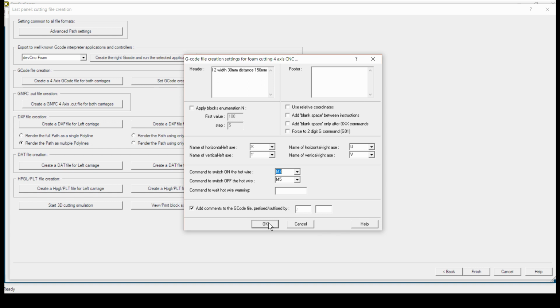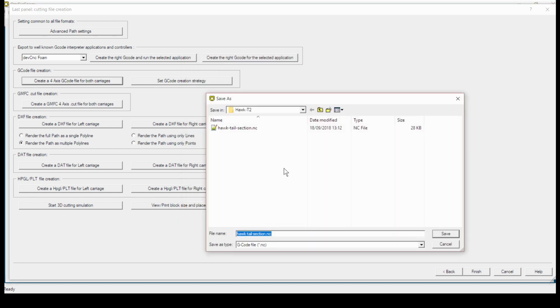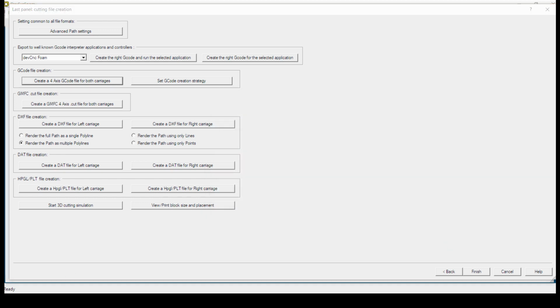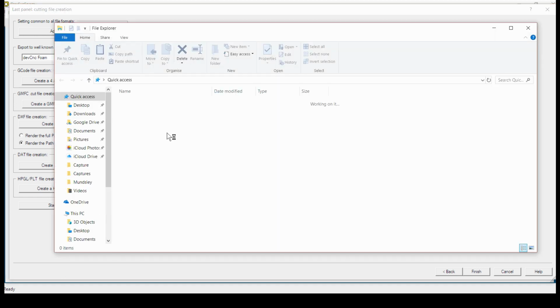So let's we do OK, and then we get the option to save. So it does remember where you saved your last section. I already saved the tail section. So what we'll do now, we'll put block 1 and 2. Save, and if we're going to have a look at that,